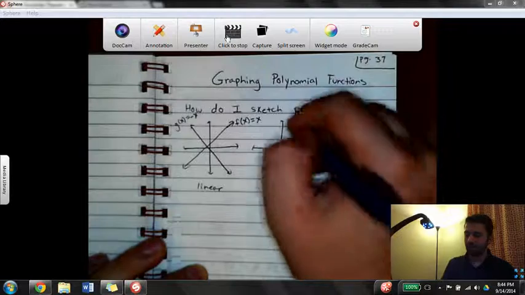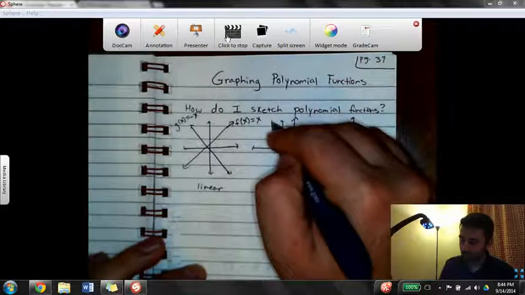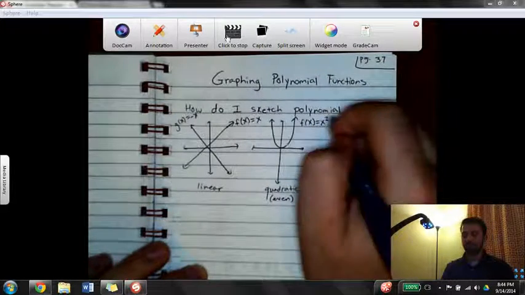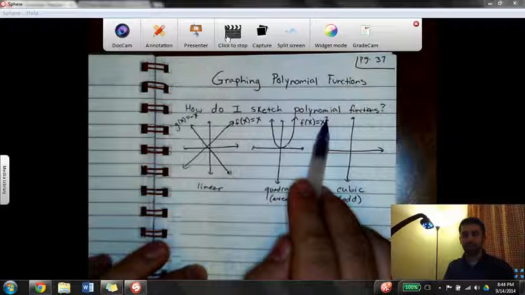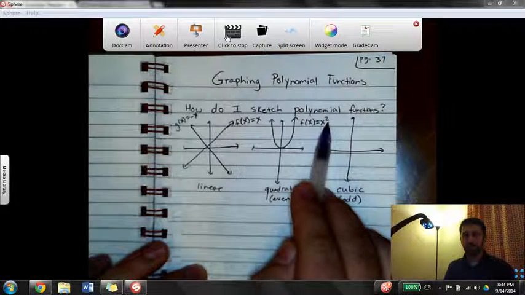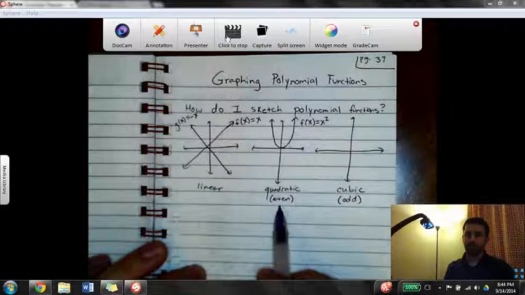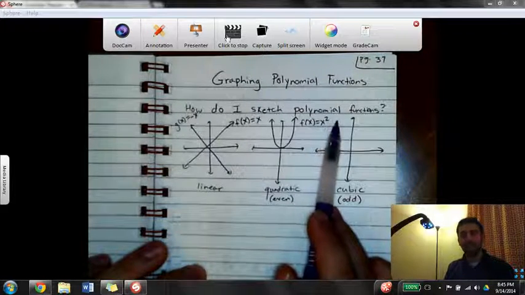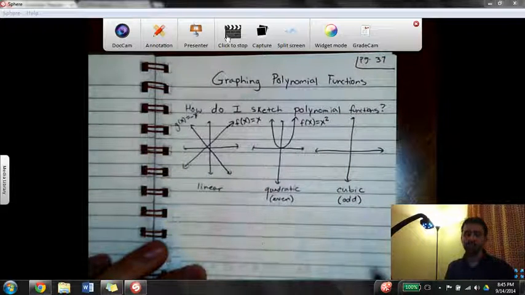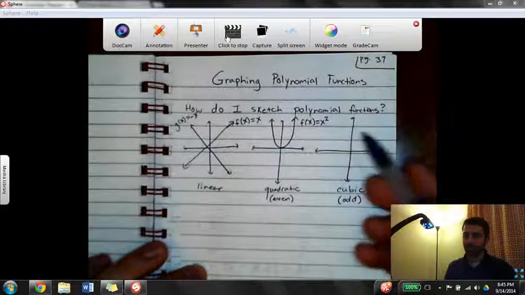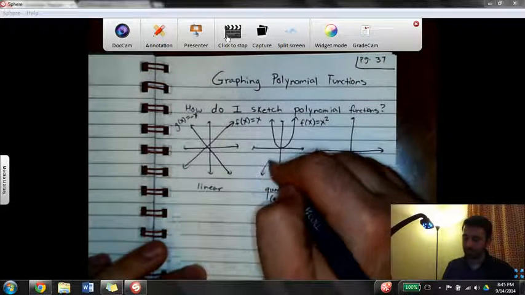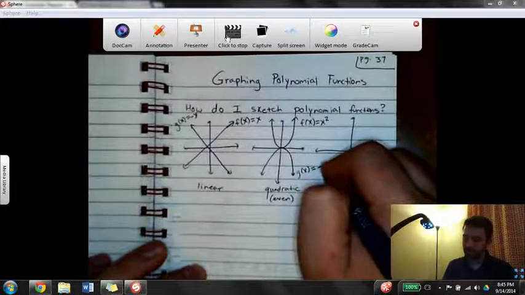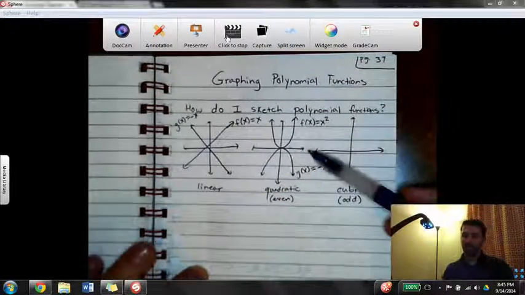When we have a quadratic of the form f of x equals x squared, the degree of this function is 2 because the exponent is 2, and it is considered an even function. When our exponents are even, so 2, 4, 6, 8, and other even numbers, it's considered an even polynomial or an even function. Then we have the quadratic g of x with negative x squared, which is just a reflection over the x-axis